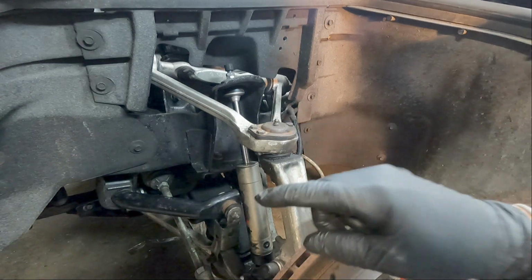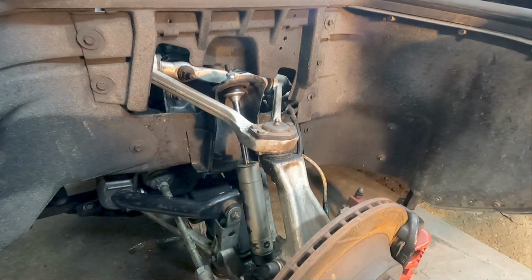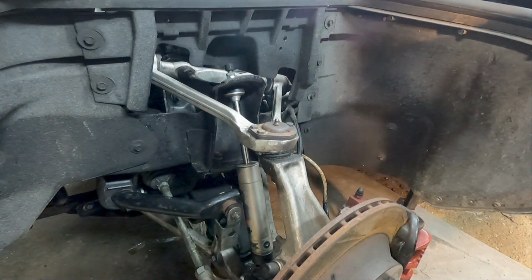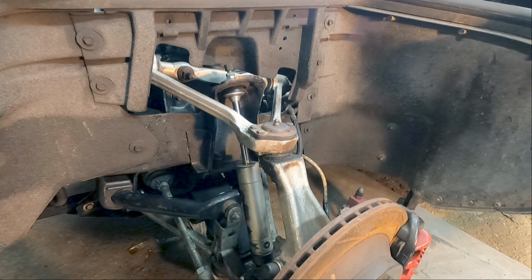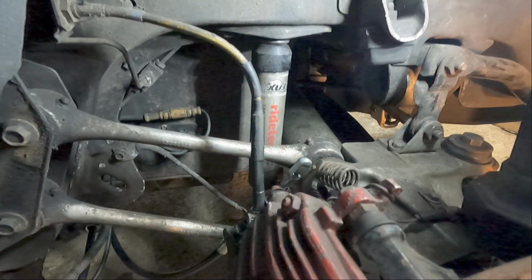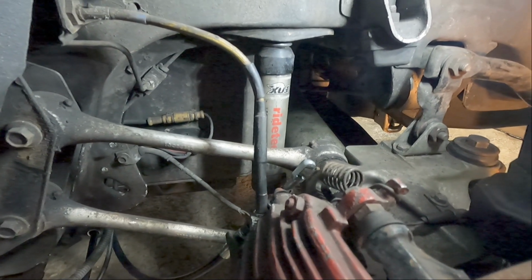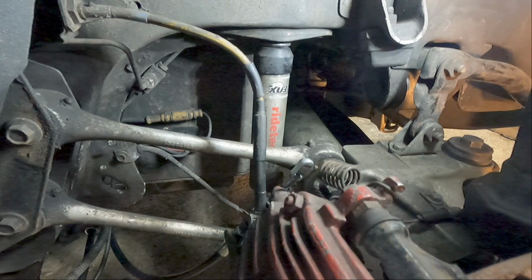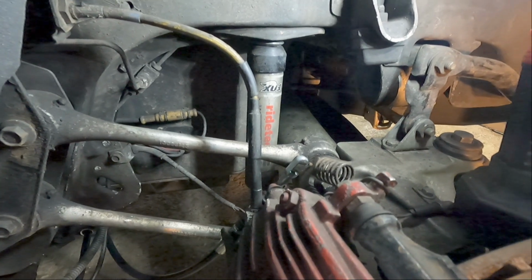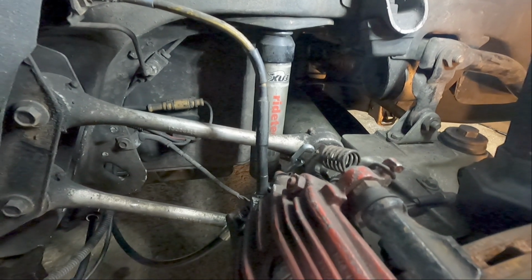Another thing I should go over, I guess, is the rear. There are no lube points on the rear suspension. Let's see if I can get this GoPro off of here, and I'll get over there. Here is the rear suspension on my car. Now on the C4s from the factory, there are no grease fittings of any kind. Not on the drive shaft or the propeller shaft, as the factory service manual refers to it,